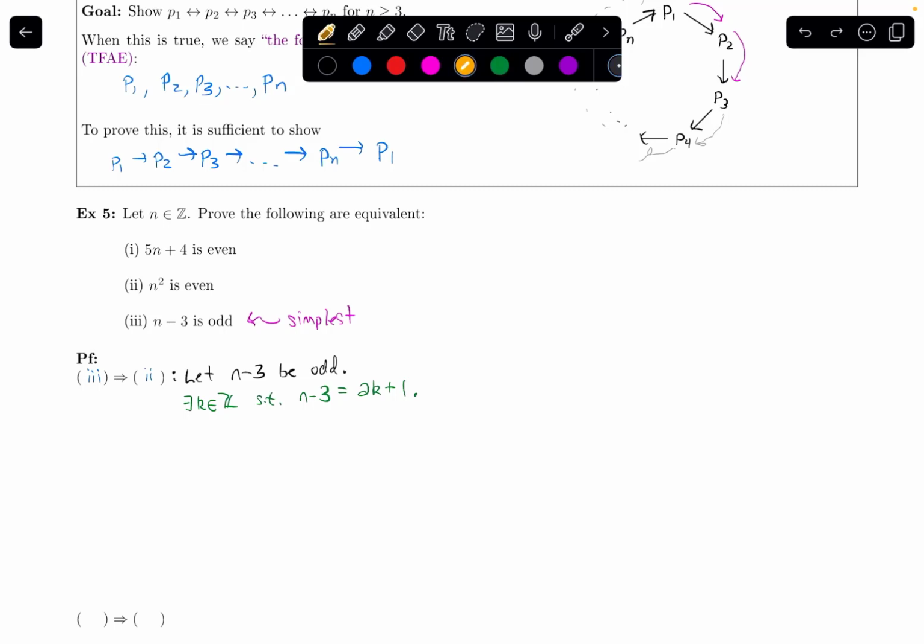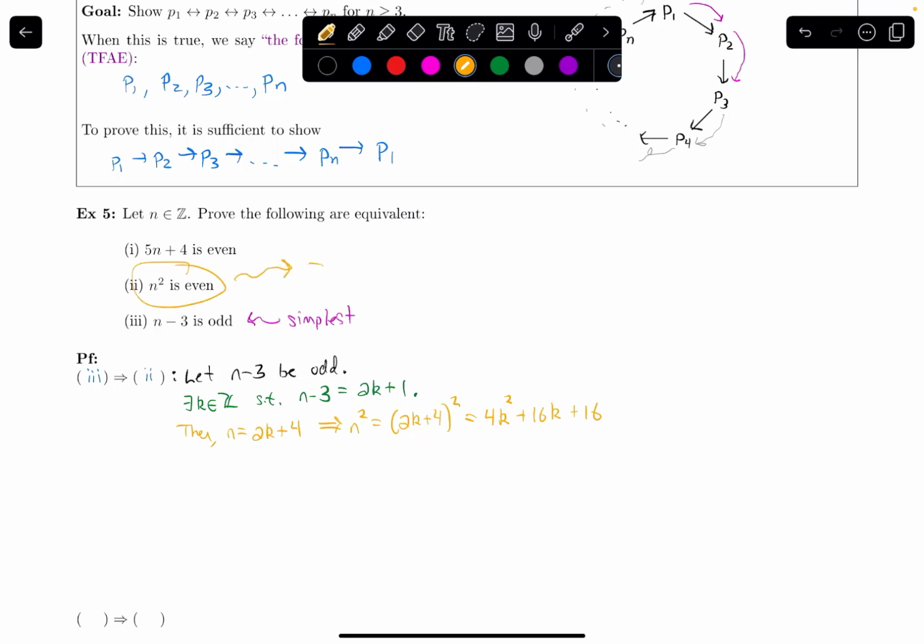So then if I isolate n here, we get n equals 2k plus 4 if I add the 3 over. Now I think I'm ready to square it. So this implies that n squared will be equal to the quantity 2k plus 4 getting squared. If we distribute that out, I get 4 times k squared plus 16k plus 16. I'm trying to show this is even, which means I'm trying to show that it'll end up